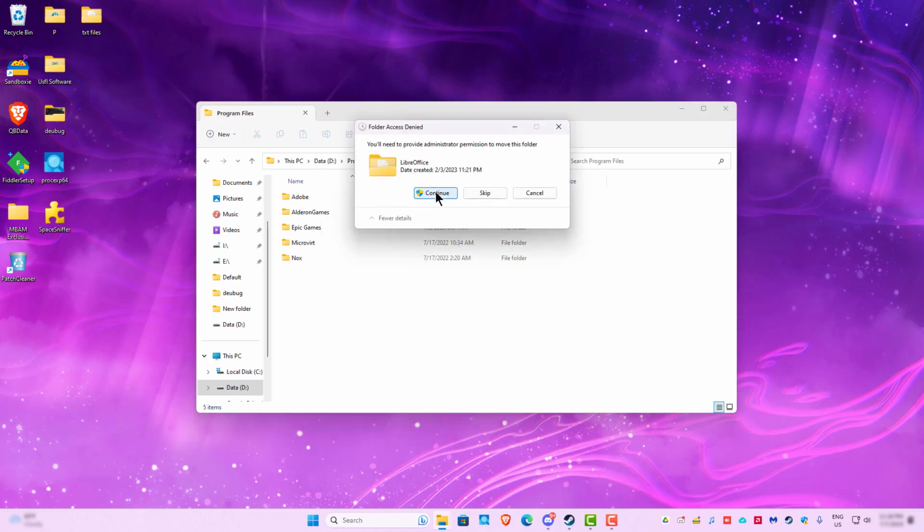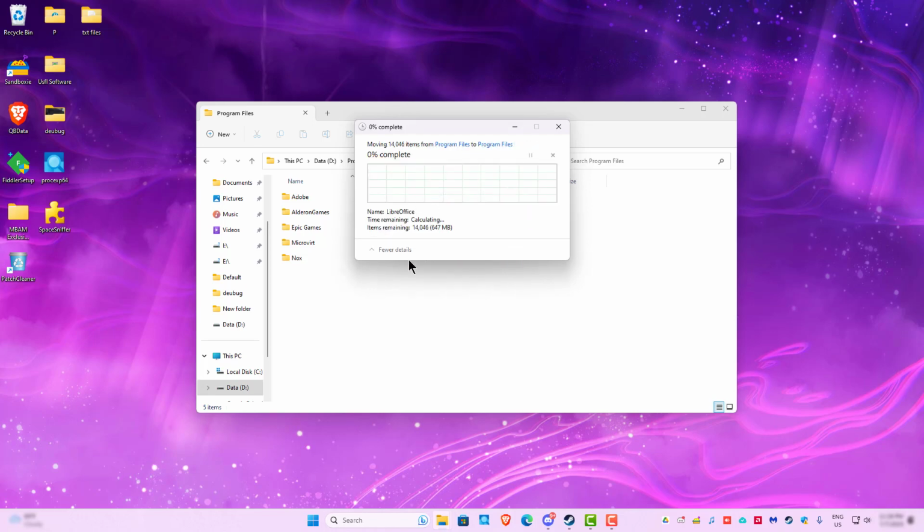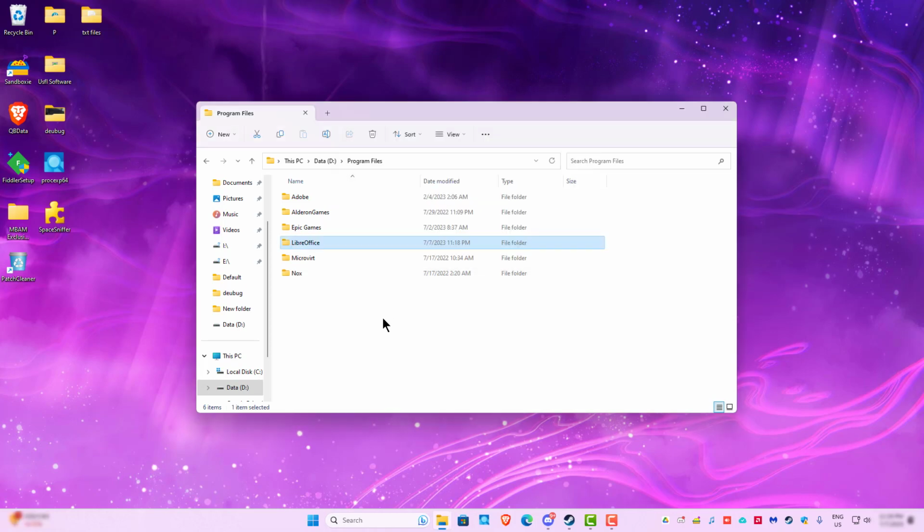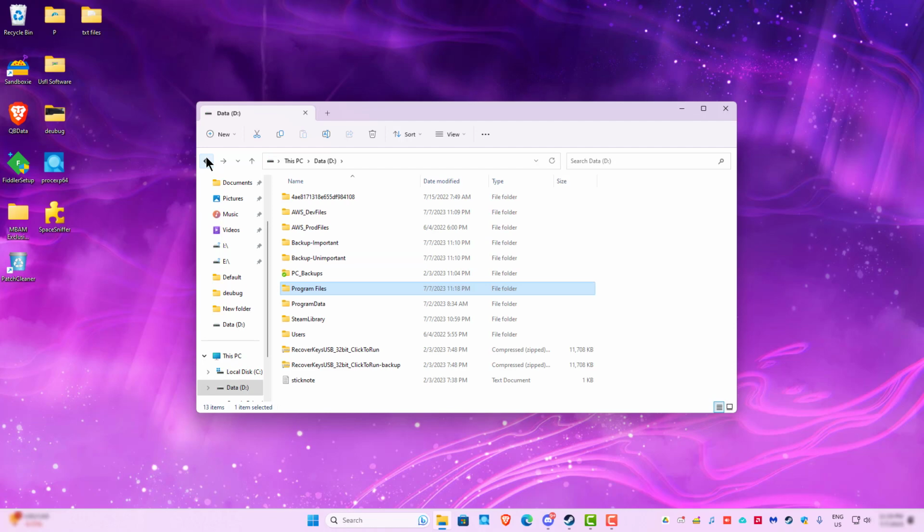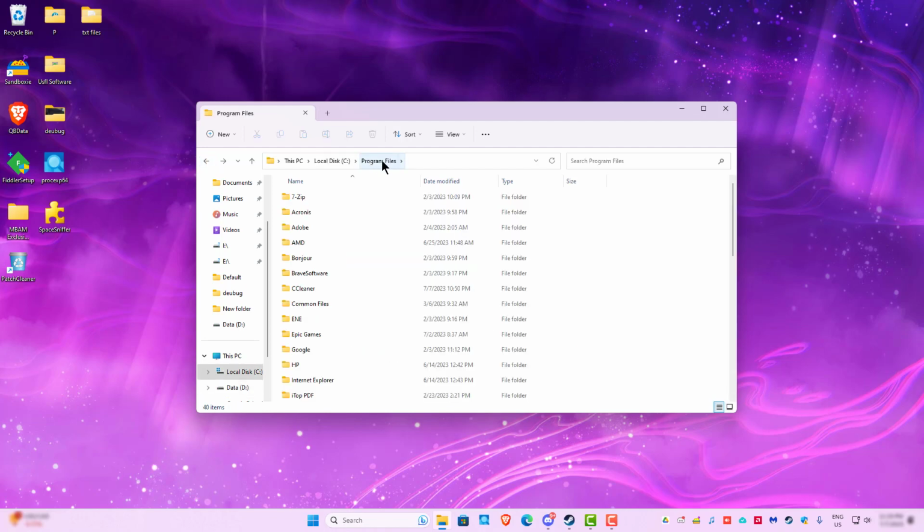I'm going to go ahead and give it admin rights, otherwise it's going to have trouble moving all this stuff from Program Files. And now we can see the LibreOffice folder is on my D drive. So we still need to actually create that symbolic link back in the original directory, which was on the C drive in Program Files. Now there is no LibreOffice folder anymore, so this is where we're going to go to